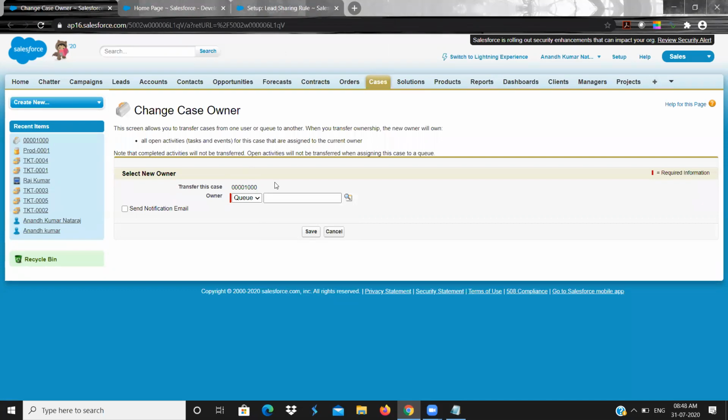If I want multiple users to own a record, the queue can own it. For example, if I am working in a call center BPO where I have a level 1 support queue and a level 2 support queue, ideally, if the owner is this queue, all the members will be notified. When one case is assigned to this particular queue, all the members in the queue will be notified. In that case, a queue is useful. So a queue is used to own a record.